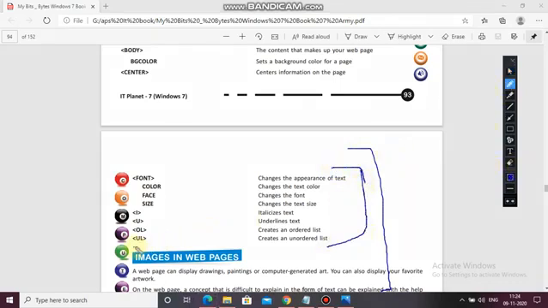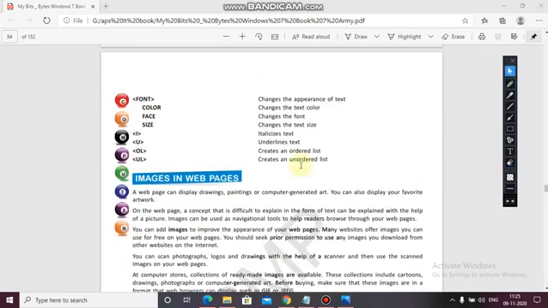Okay, so now we are going to deal with images in web pages. A web page can display drawings, paintings, computer generated art. You can also display your favorite artwork.